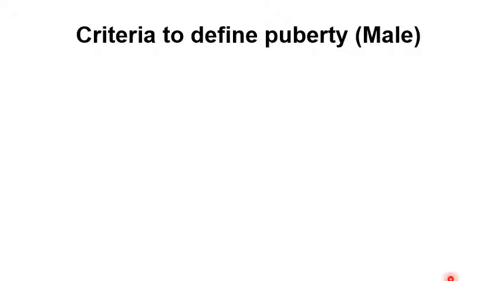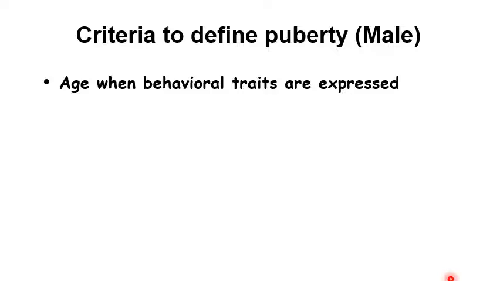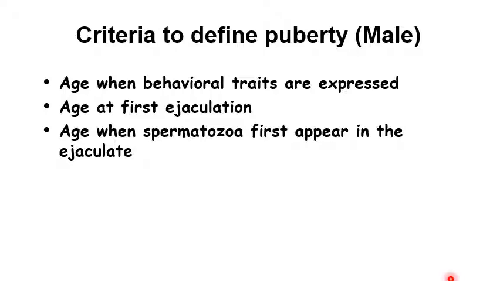These are the criteria to define puberty in the male animals. Number one is the age when behavioral traits are expressed. This includes mounting and erection. We also have the age at first ejaculation, the age when the spermatozoa first appear in the ejaculate. The male acquires the ability to produce the seminal fluid and to ejaculate before sperm are available to be ejaculated. And the last is